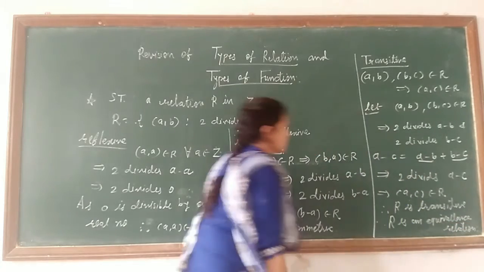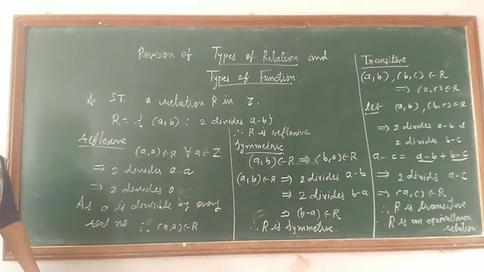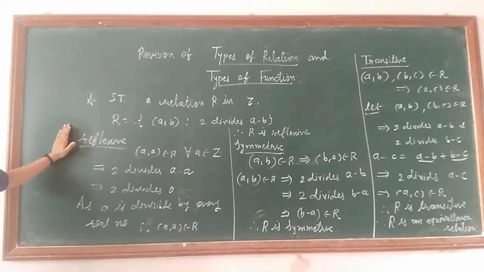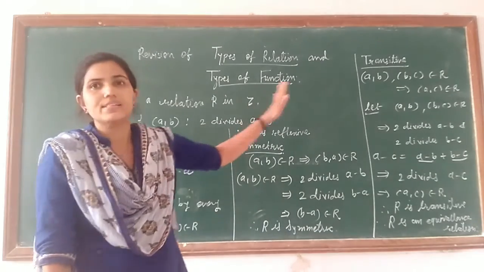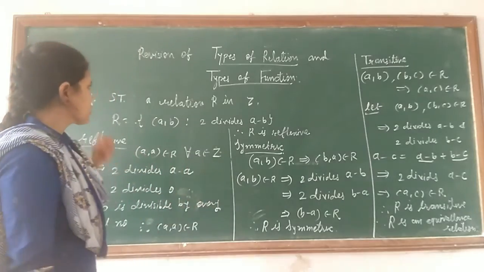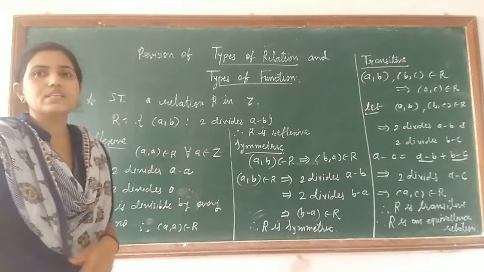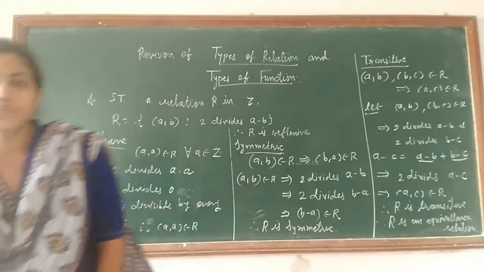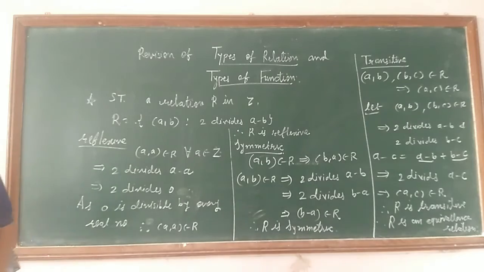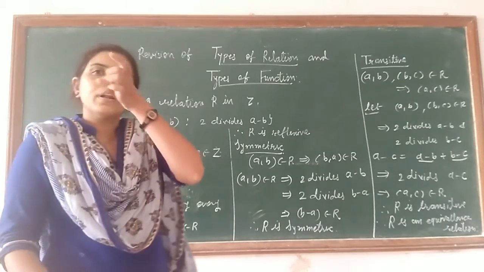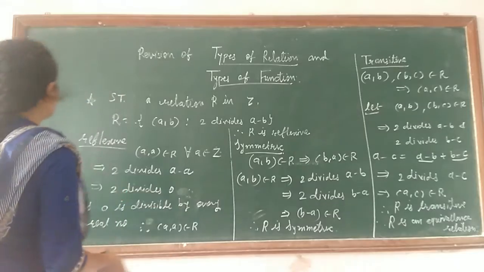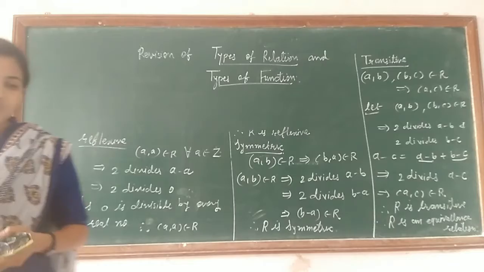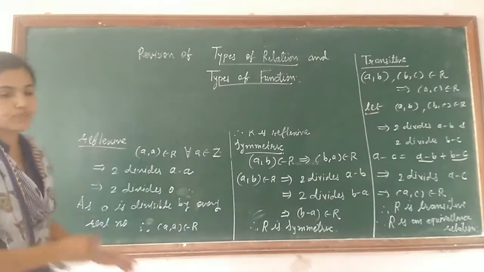So, when we have to prove that a relation is an equivalence relation, we are again repeating what we have to prove: it is reflexive, it is symmetric, and it is transitive. This is just a quick revision of what an equivalence relation is. Now, the next question I am taking is of the topic one-one and onto function. You can note down this question in your notebook.